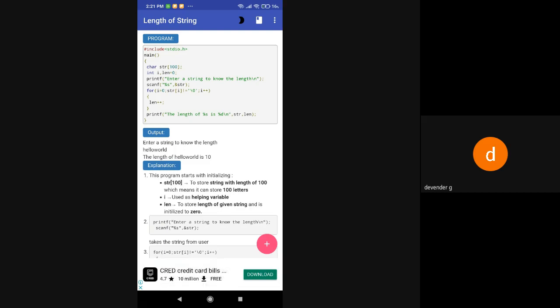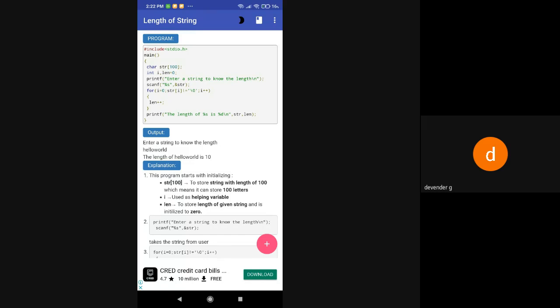Now I want to know how many letters you are entering into that particular sentence. So now I want the count of the length of the string. So I will be saying, welcome to my Nizam College, BCom first year, second semester students of BCom computer. This is the biggest sentence I am typing. So I want the length of that. Because I have given the size as 100, we'll see whether it is below 100 or more than that.